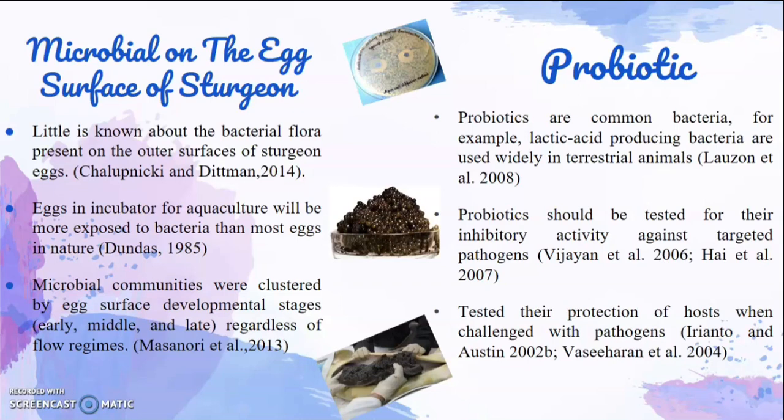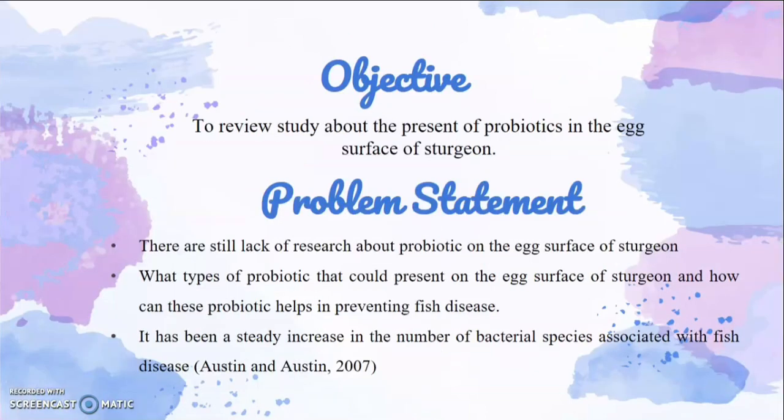Probiotics are common bacteria, for example lactic acid producing bacteria are used widely in terrestrial animals. Probiotics should be tested for their inhibitory activity against targeted pathogen and tested for their protection of the host when challenged with pathogen. The objective of the study is to review the study about the presence of probiotic in the egg surface